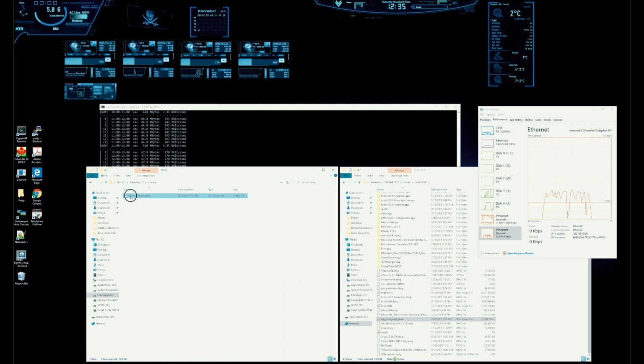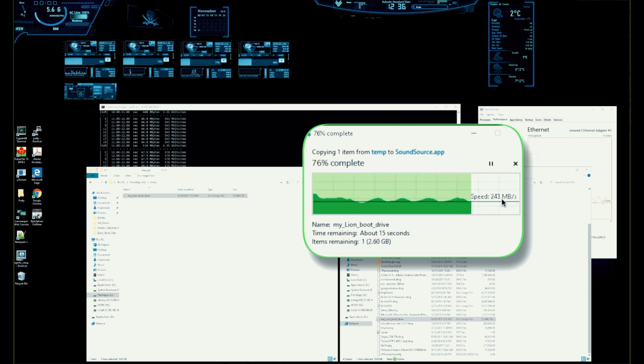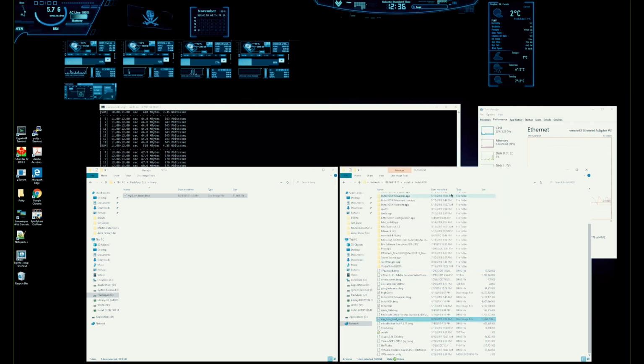So if we copy back over here, it's going to do pretty similar speeds going backwards, maybe even a little less, because like I said, the write throughput on that Synology NAS is not very impressive, since it's only spinning disks right now. But it's still going about 300 megabytes per second on average, or maybe slightly less, which is okay for me, and that's fine for now, because once I get this Synology expanded with a cache, it's going to be much faster, I know that. So that's what we have right now, 300 megabytes per second, and an 11 gig file took about 10 seconds to move,